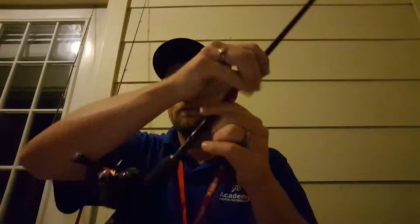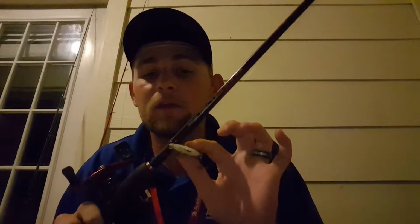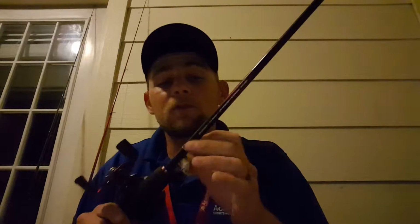But I'm throwing this on a 6.6 Abu Garcia Black Max rod and reel combo. It's a 6.4 to 1 gear ratio, and I'm using 12-pound mono. Most of the time for my crankbaits, I like to use fluorocarbon. For my lipless, I like to throw it on a mono because mono filament floats. So it allows me to keep it up out of the grass. That way I don't catch too much gunk on it